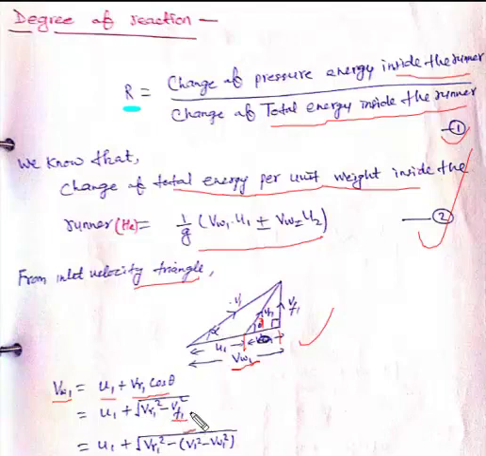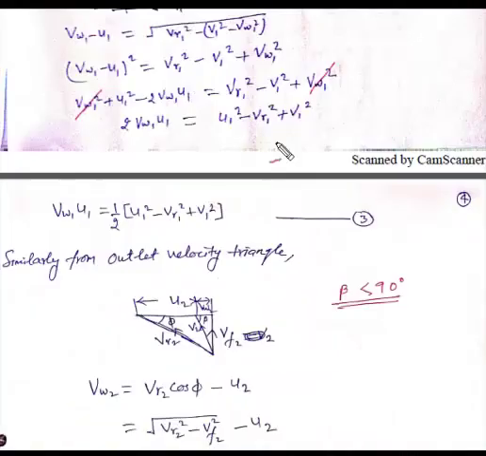Now from the big triangle, here from this large triangle, here is the 90 degree and here the angle is alpha, we get Vf1 square is equal to V1 square minus Vw1 square. Now putting the value of this Vf1 here, we get U1 plus under root Vr1 square minus in bracket V1 square minus Vw1 square bracket close. From rearranging this equation, we get Vw1 minus U1 is equal to under root Vr1 square minus in bracket V1 square minus Vw1 square.